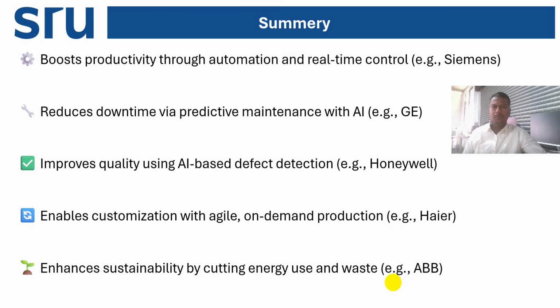And at later stages, companies like ABB enhance sustainability with cutting-edge technology like IoT and predictive maintenance. They have successfully implemented it to minimize wastage and footprints, and improve energy efficiency utilization properly